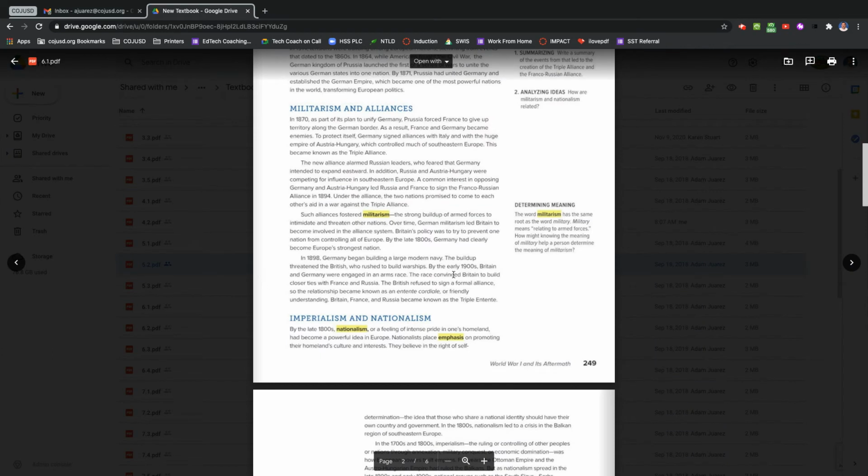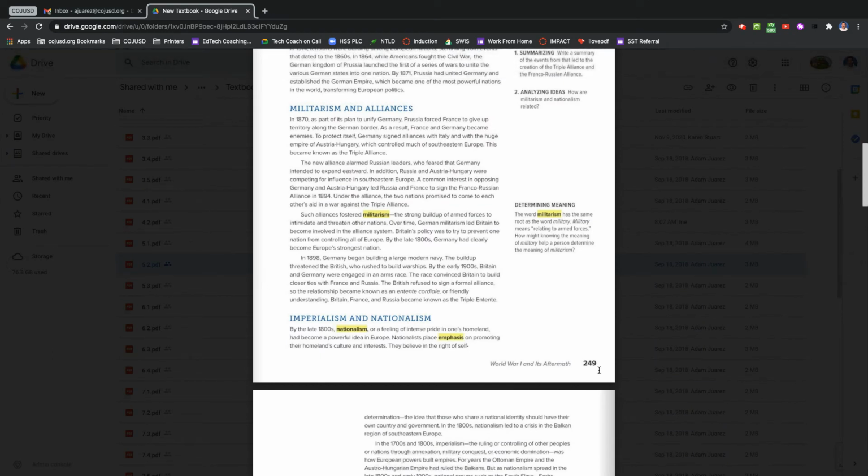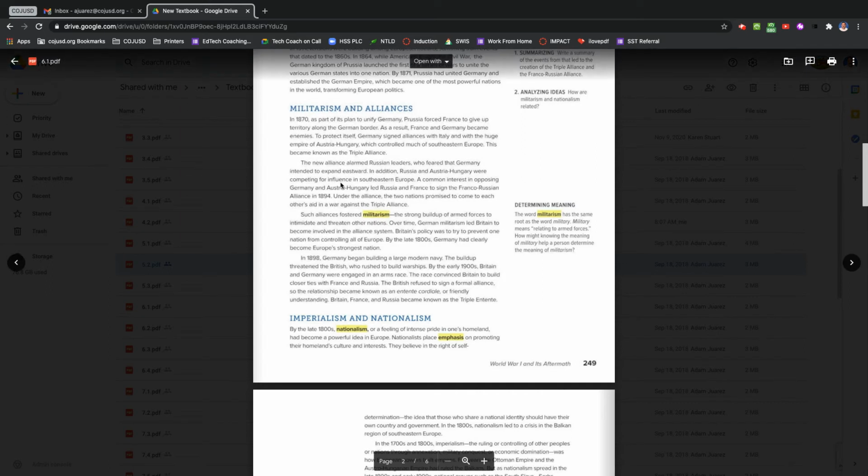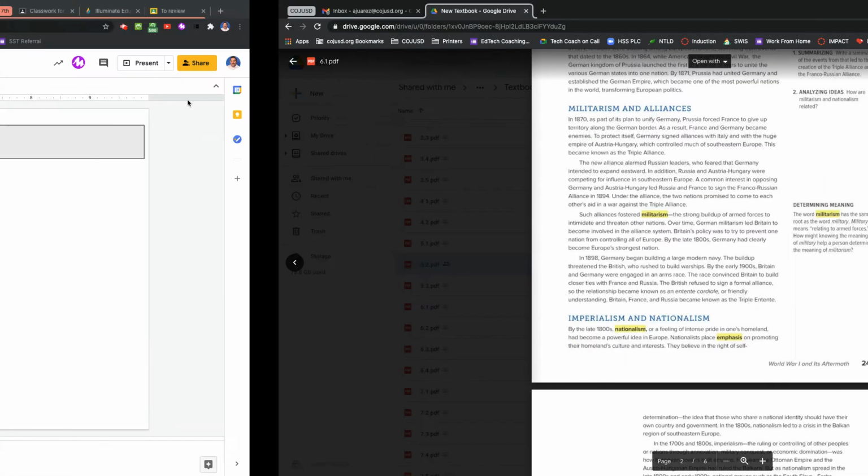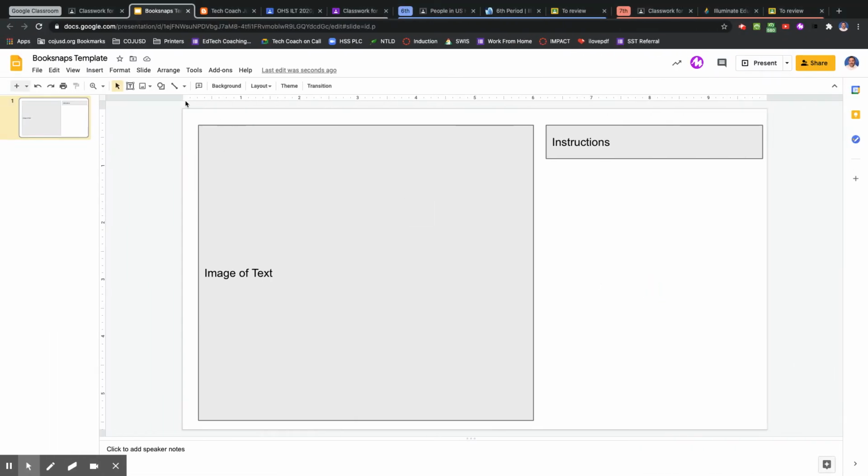So let's say I want to use this. I have an online textbook here, and I want to use this snippet of text for the student. You can easily use the screenshotting function on your computer. If you're on a PC, you'd use a snipping tool. If you're on a Mac, you would use Command-Shift-4 to take a quick screenshot, or any screenshotting tool of your choice. Once you have the screenshot, I'm going to add that image onto my